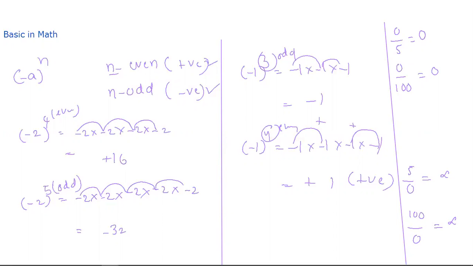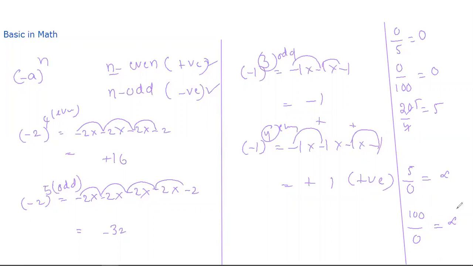It is undefined. If you see now 0 by 5, it is possible. Why? Because 5 zeros are 0, 100 zeros are 0. For example, if I have 20 by 4, if I multiply 4 five times, I get 20. But if I multiply 0 how many times? I don't know. If I multiply 0 into 1000, I get 0 only. So there is no particular number. That's why it is infinite. The same thing happens here also.